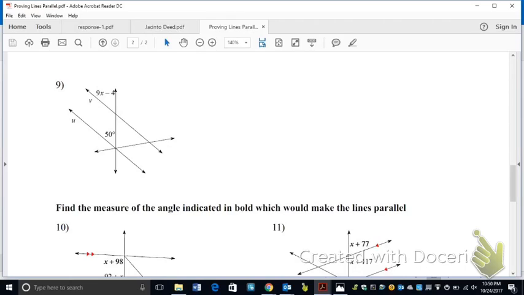Okay, so let's look at number 9 really quickly. So 9, here's the thing. And the reason I'm doing 9 is because it's a little offset. So you've only got 4 lines here. And again, that bottom one doesn't matter. What we are looking at here